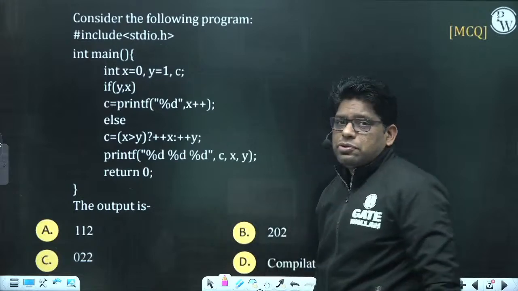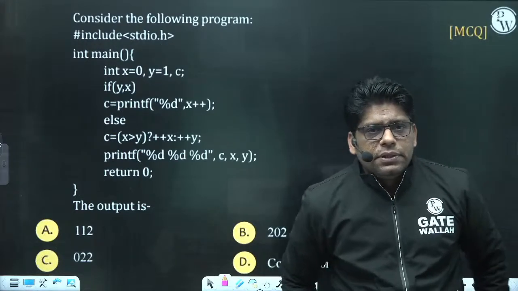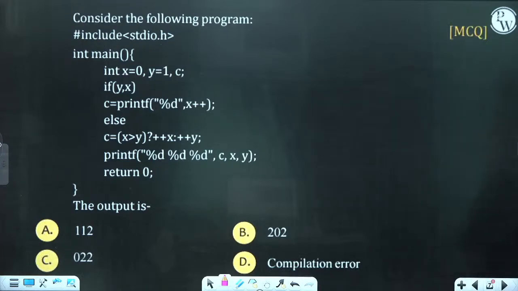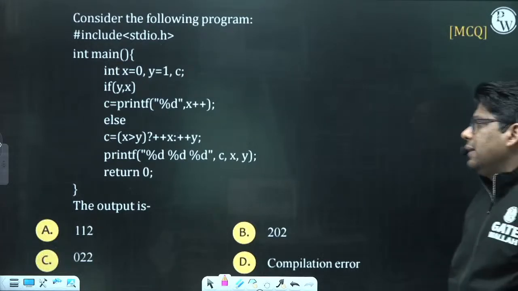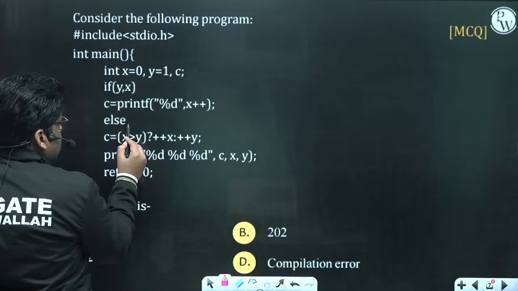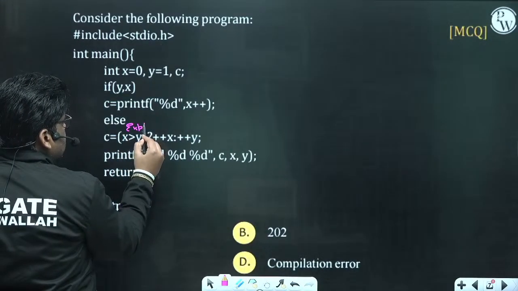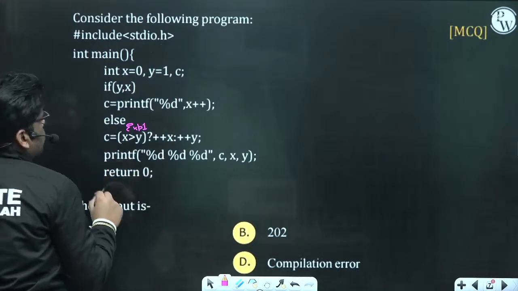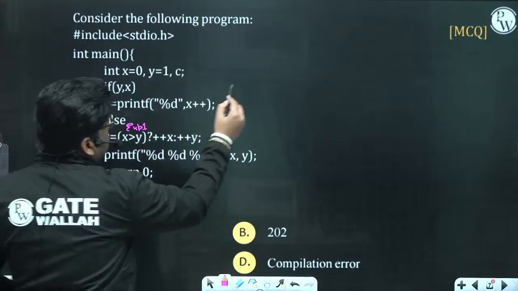Just try to solve this question. Sir, the important thing about the ternary operator, this is called expression 1. First expression 1 is evaluated, but let me solve this question. Sir, if y comma x,